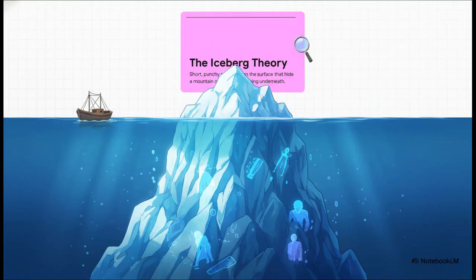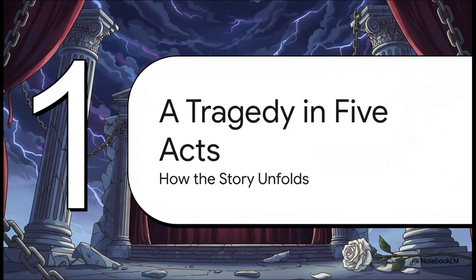To really unlock this story, we have to understand Hemingway's signature style, what he called the Iceberg Theory. See, what you read on the page, all those short, punchy sentences, that's just the tip. The real weight, the real emotion is all submerged in what's left unsaid. It's a style born from the trauma of his generation, where there was so much pain it could only be hinted at. The novel is actually structured just like a classic tragedy. It charts this devastating journey from disillusionment all the way to, well, devastation.